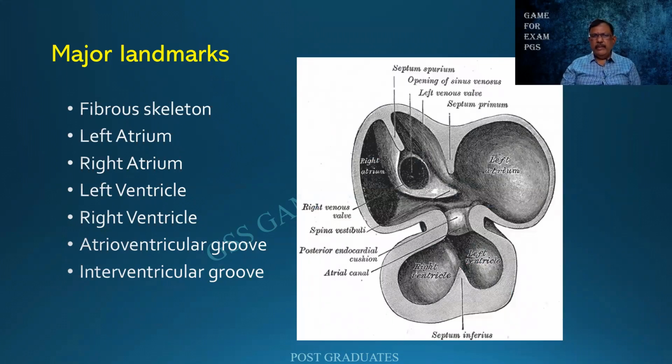So this is again the embryogenesis. You people will be remembering, it is a primitive heart. But in the primitive heart, there are certain things. For example, there is a septum primum. There will be a septum secundum. These will have to fuse together. Otherwise, there will be a septal defect. Similarly, you find that from the inferior region also a septum develops, dividing the ventricle into the left and the right chambers. There can be the opening of the sinus venosus or the vena cava. And there will be multiple ridges and nodules that can be seen in the heart, which we will have to identify.